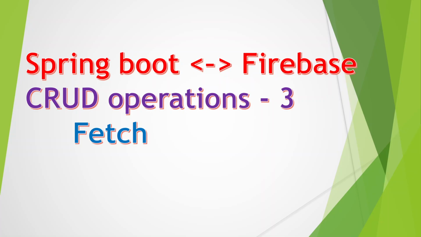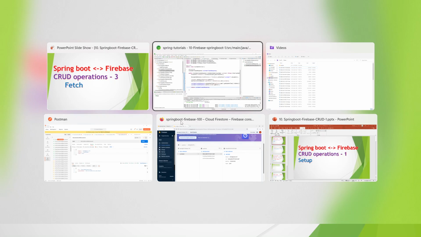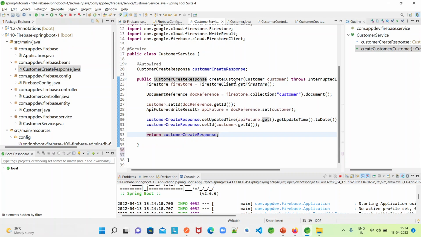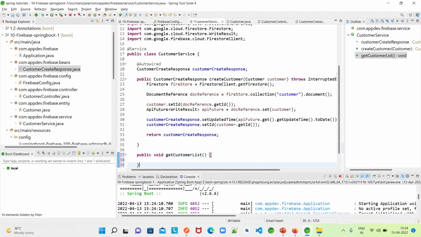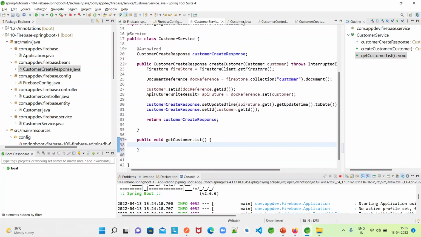Whatever operations we are dealing against the Firebase database, we are doing all those operations in our service class, right? So let me create a method here, public List getCustomerList. This is the method that has to get all the customers from the collection and return them to the client. For that, first we have to connect to the Firestore, right? We have to get the Firestore object from the Firestore client,